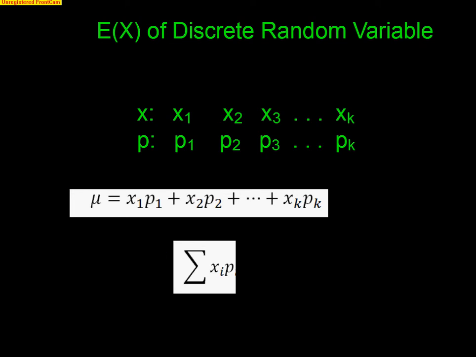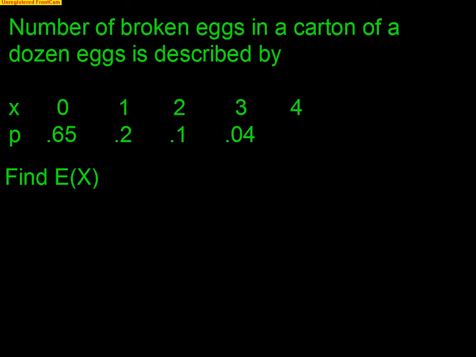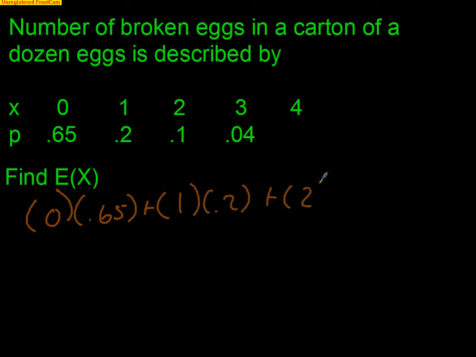So let's take a look at how this actually works. The number of broken eggs in a carton of a dozen eggs is described by the random variable we see below, and we have to find the expected value. So let's see how to do this. We multiply 0 times 0.65, that's a probability, plus 1 times 0.2, plus 2 times 0.1, plus 3 times 0.04, plus 4 times,